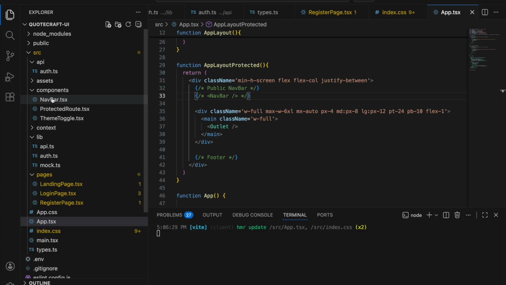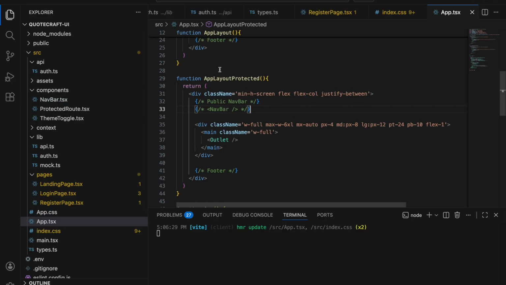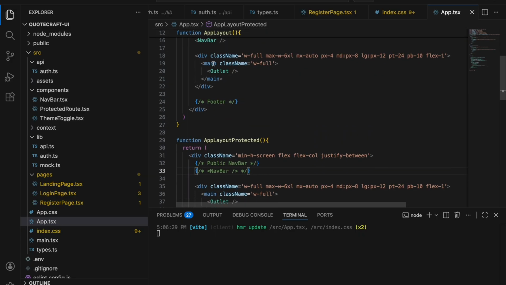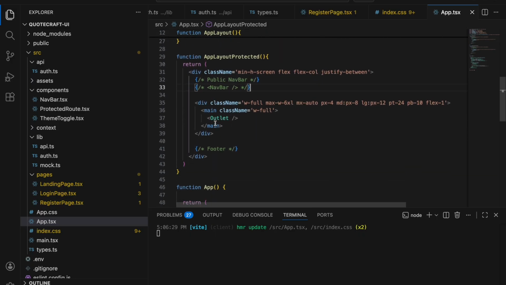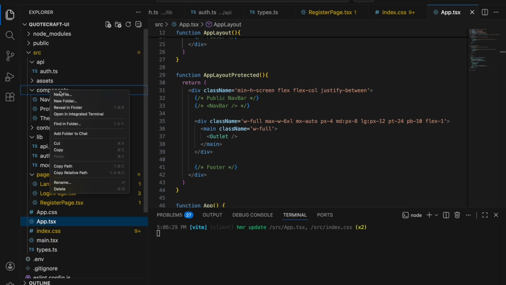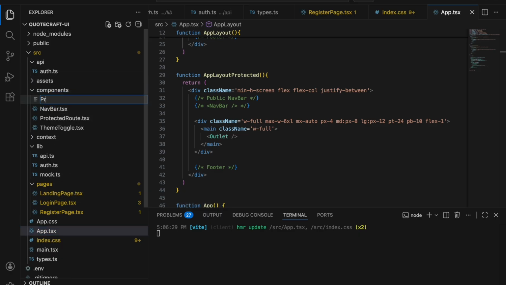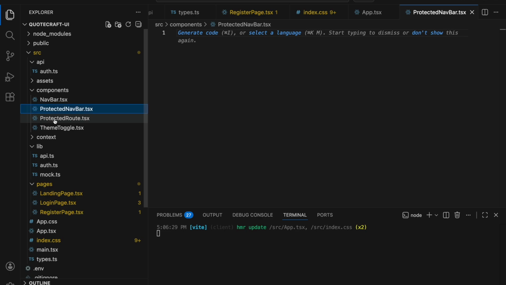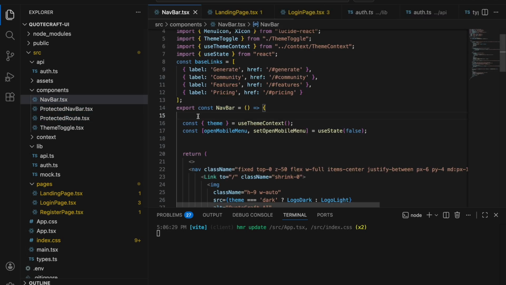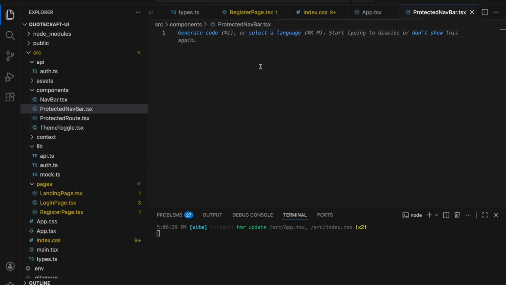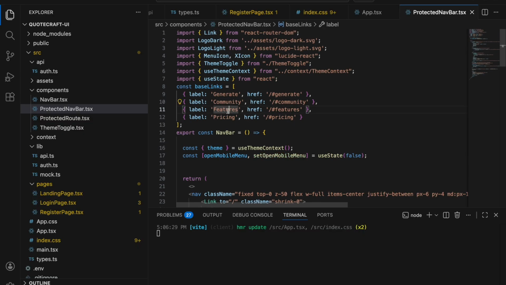Okay, we can also use the navbar, it is not any problem, but I'm just trying to separate out the login authentication, the login routes. So here let's put protected navbar.tsx. Okay, let's just copy this navbar and we'll put it here. And for this now we'll use,